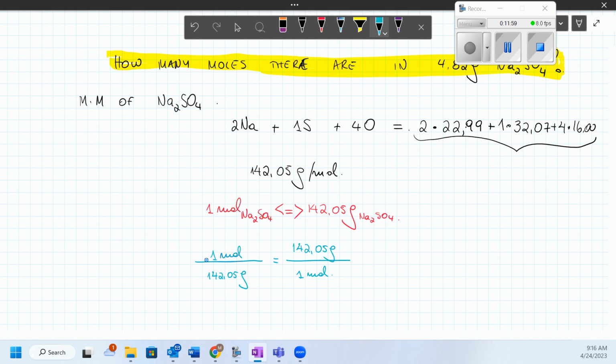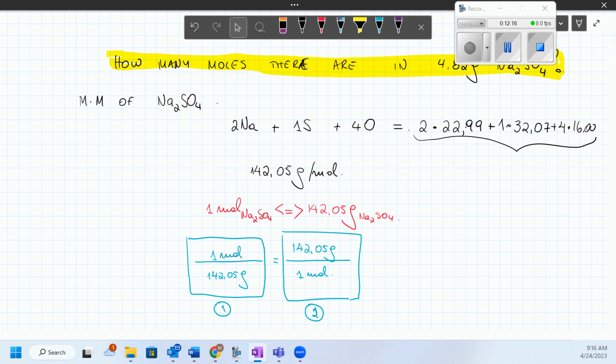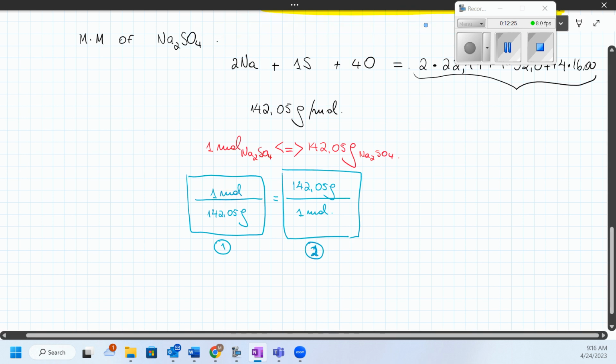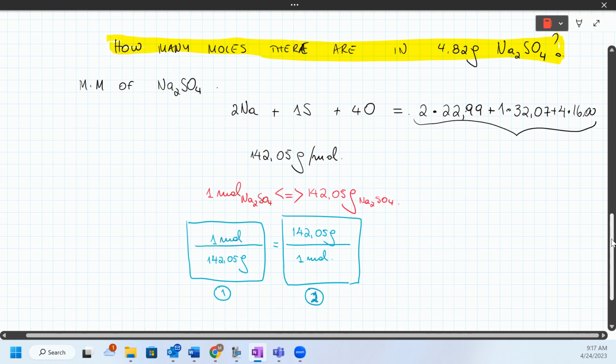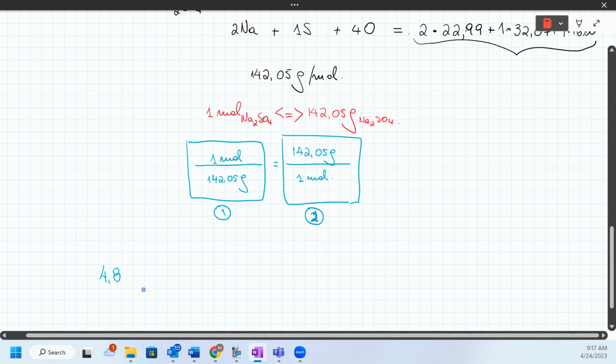Okay, so what am I doing in this case? I am making 2 ratios, ratio 1 and ratio 2. Those are both a ratio of 1. So it's the same thing. Then I start with what is given. So what is given in this case, we go back to the problem, is 4.82 grams. So always start with what is given, 4.82 grams of sodium sulfate